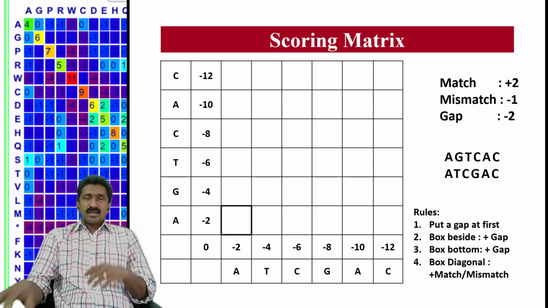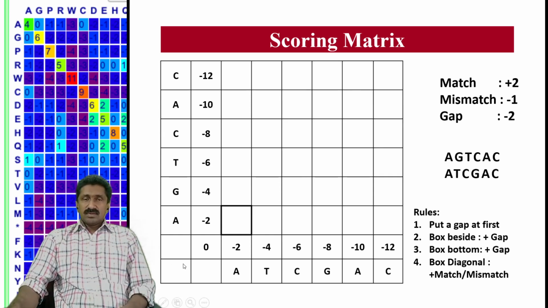Anyway, right now we are performing the bottom to top approach. Here what you have to do is, with your sequences, the first in both sides on the x and y axis, the first two cells will be left empty, and this cell will be given the value 0.